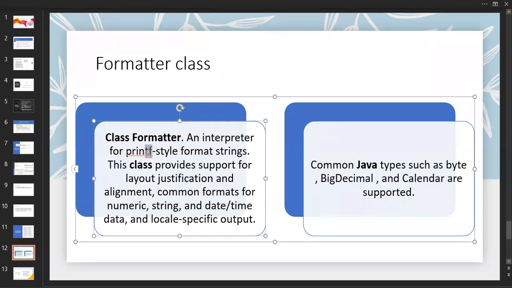So inside printf, in the sense of formatting, the style format strings, what we mention over there, it will format the strings. Format in the sense of making an order according to what we mention. This class provides support for layout justification and alignment. What is alignment? How are you going to do that?